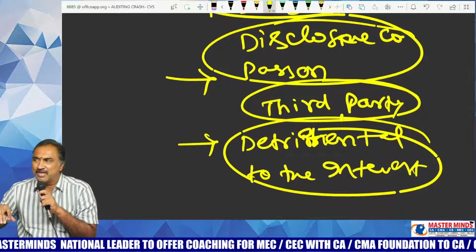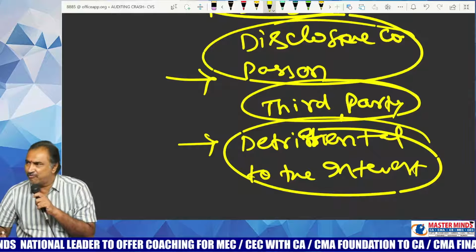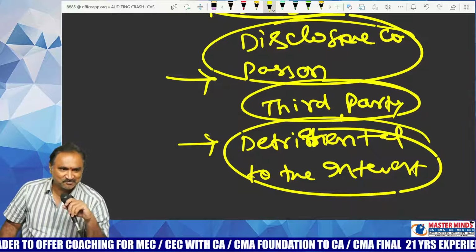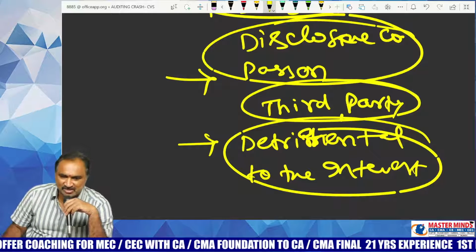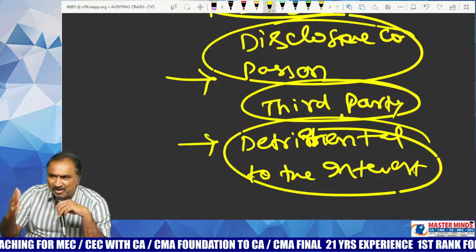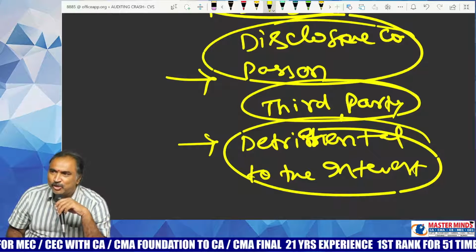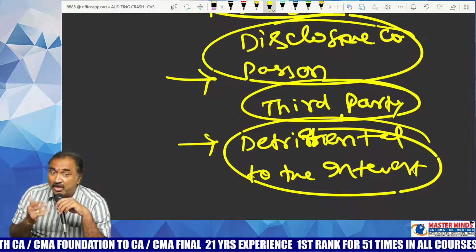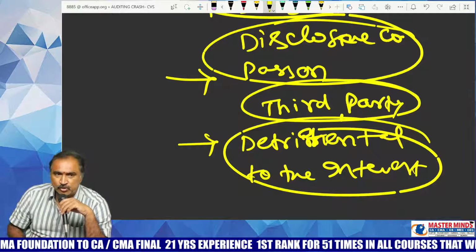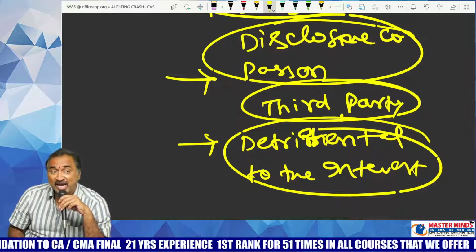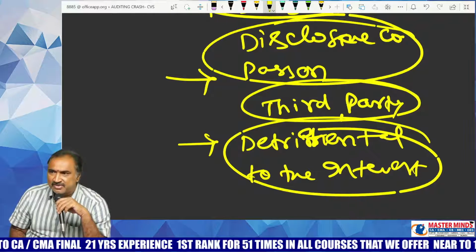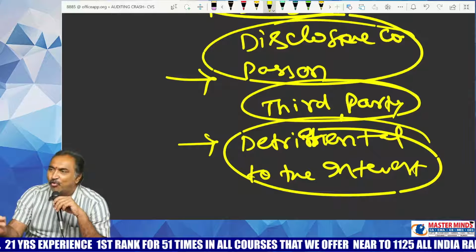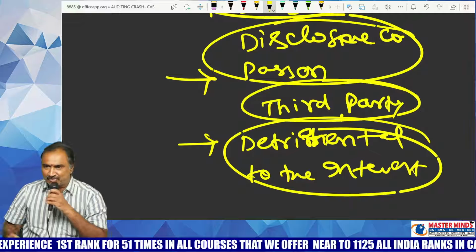This is the reply given by the company to the auditor when the auditor requires some information and explanations. In that case, if you were the auditor, what will you do? You tried your level best to get the required information from the company. The company is reluctant to provide it to you on the grounds of confidentiality. They fear that you may pass on or disclose such information to third parties, which may be detrimental to their interests. In that case, if you were the auditor, how do you convince the company to get the required information from them?